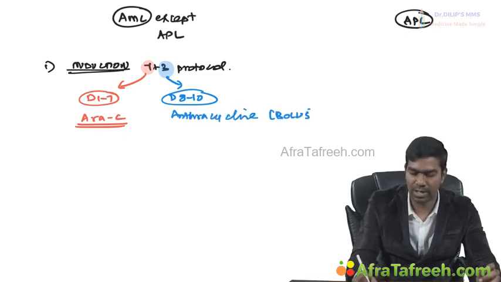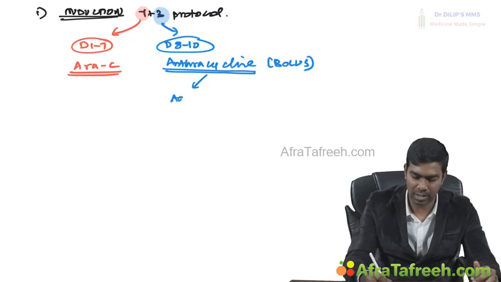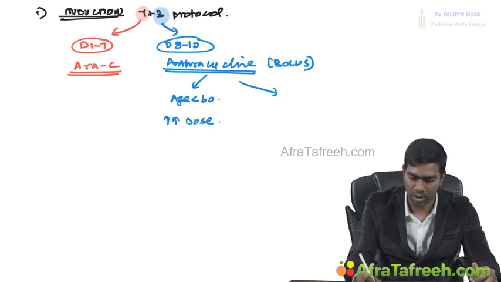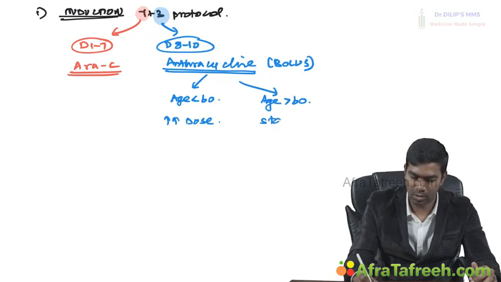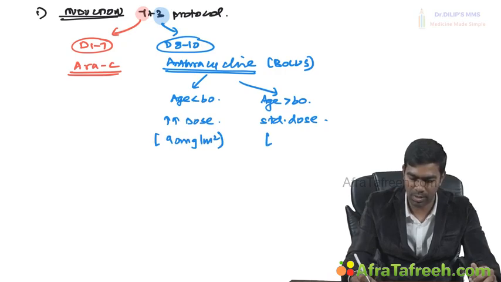Commonly we use either a liposomal doxorubicin or a daunorubicin, anyone. These are anthracycline drugs. So anthracycline I will be giving as a bolus. Suppose if age is less than 60, I will be giving very high dose of daunorubicin or doxorubicin. If age is more than 60, you can give standard dose daunorubicin. Increased dose means it is around 90 milligram per meter square of daunorubicin, and the standard dose means 60 milligram